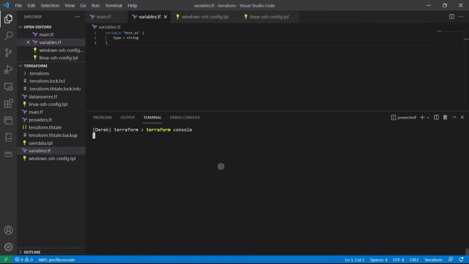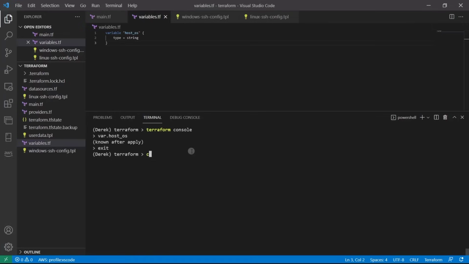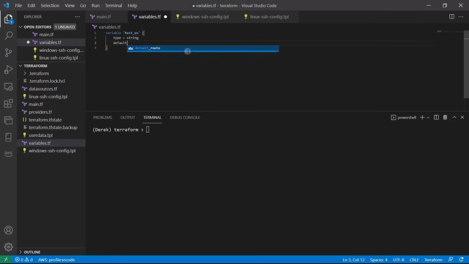var.host_os, you can see it's known after apply. So until we actually apply and specify that variable, our Terraform console has no idea what that host OS variable is. So I'm going to go ahead and type exit to get out of the console. And what I'm going to do first is just add a default here. So go ahead and add default equals, and then specify your host, which again, mine is Windows, yours might be